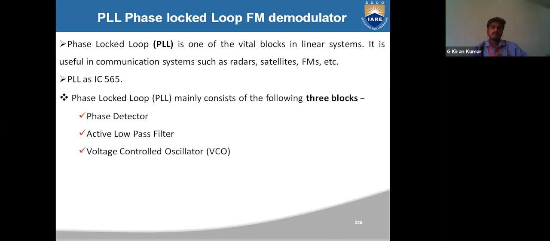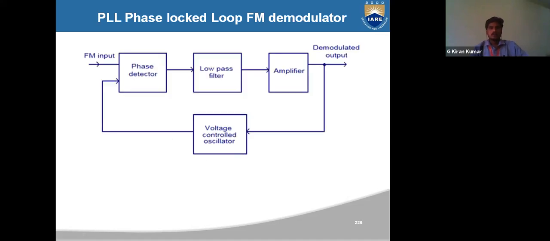What will happen if the input is rapidly increased, or if the input is equal to the output, and what will be the modes of operation in the PLL. Now let us see the diagram of the phase lock loop. Here it is an FM demodulator as a PLL. Basically it contains a phase detector, low pass filter, and amplifier, and the output can be given as feedback to the voltage control oscillator, and we will get the FM demodulation.